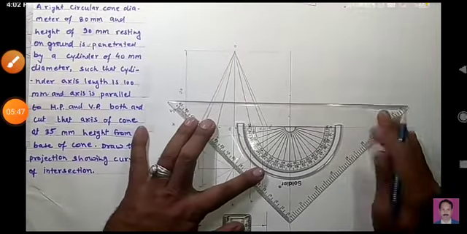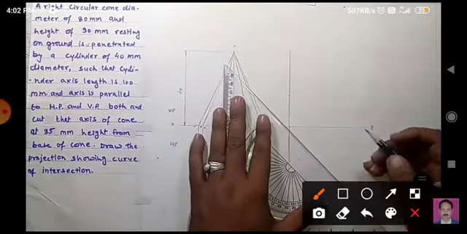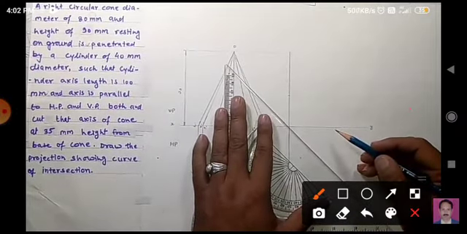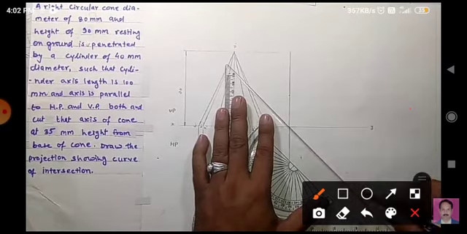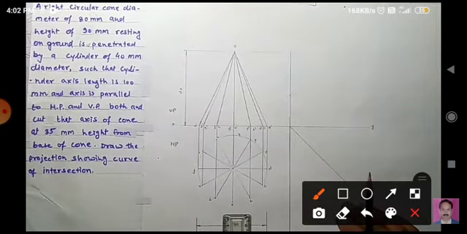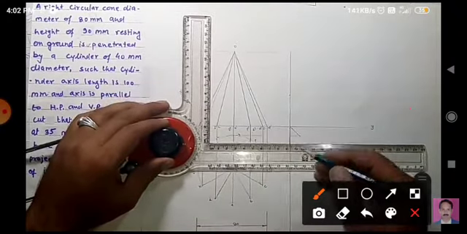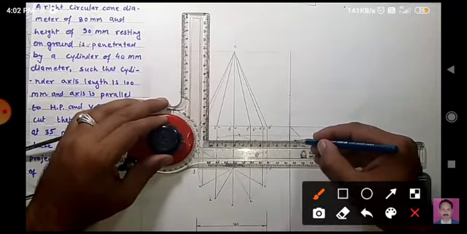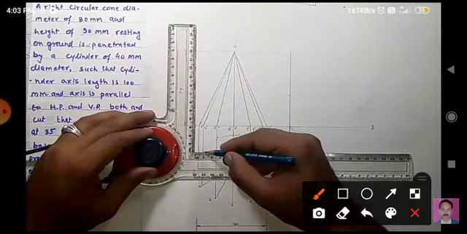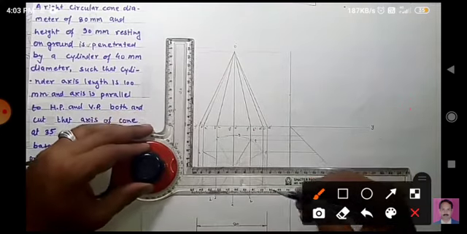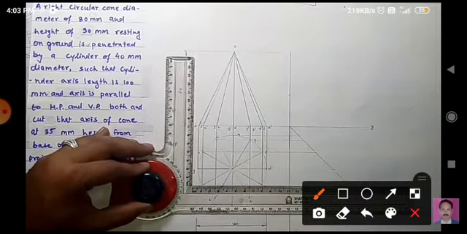In this way you have to complete that. All the points, you have to join with the apex and then draw that 45-degree angle with the vertical line, which will be helpful for us in drawing that cylinder. They have given us that the cylinder is penetrated horizontally. We have to first draw the side view of this cone, which will again be a cone of the same height, looking like the previous one.